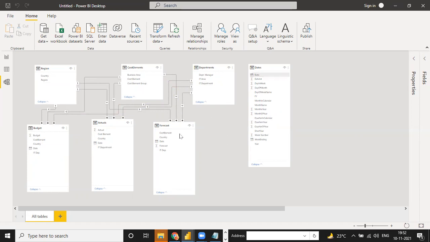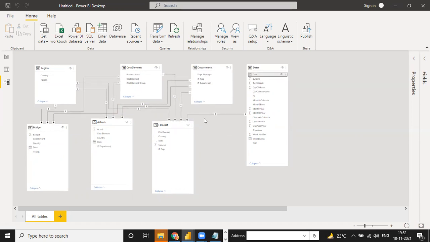And guys, after selecting, you have to check, because sometimes it's not connected with the correct column, so it will not give you a complete answer in the visualization. So date to date is connected. Now all these fact tables are connected.